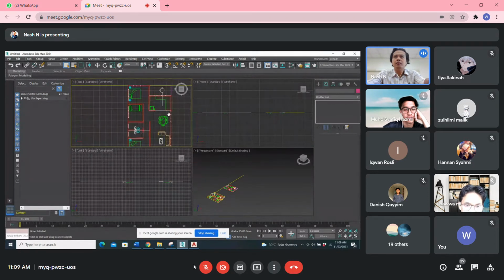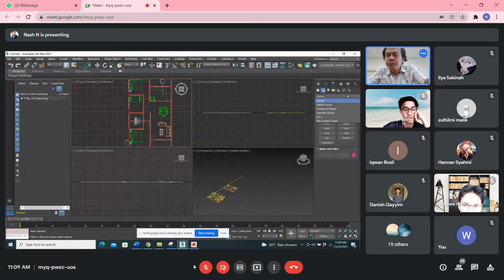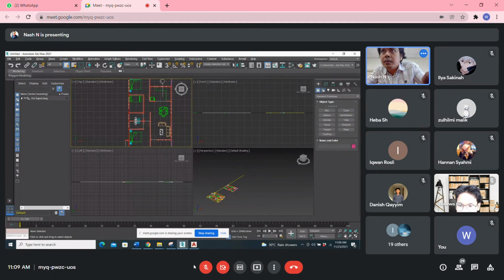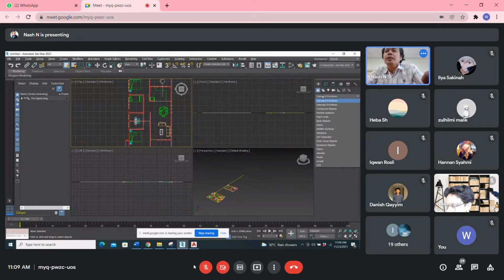To develop a wall, go to here. Standard primitive, and then click AEC Extended.